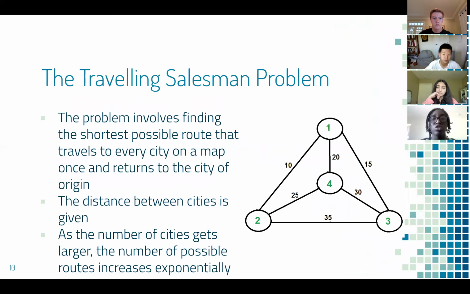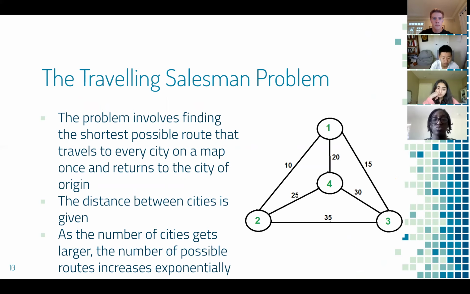Similar to the Hamiltonian Path problem, the traveling salesman problem requires finding a route to every city on a map that also has a specific city of origin. However, in the traveling salesman problem, the goal is to find the shortest possible route given the distance between the cities, and the solution must return to the city of origin. One of the difficulties in solving this problem is that as the number of cities increases, the number of possible